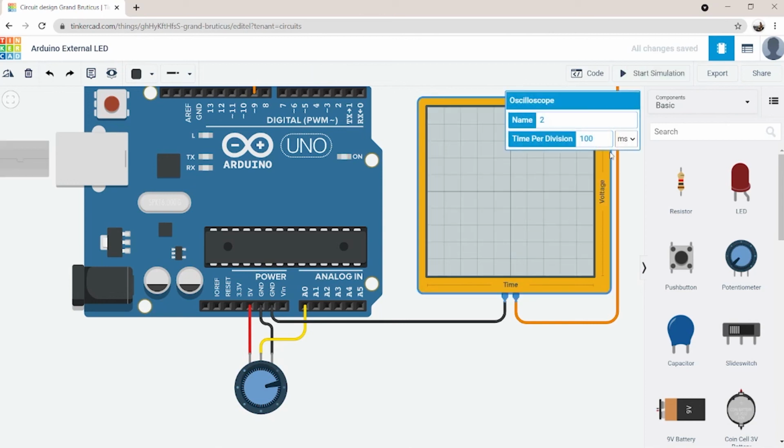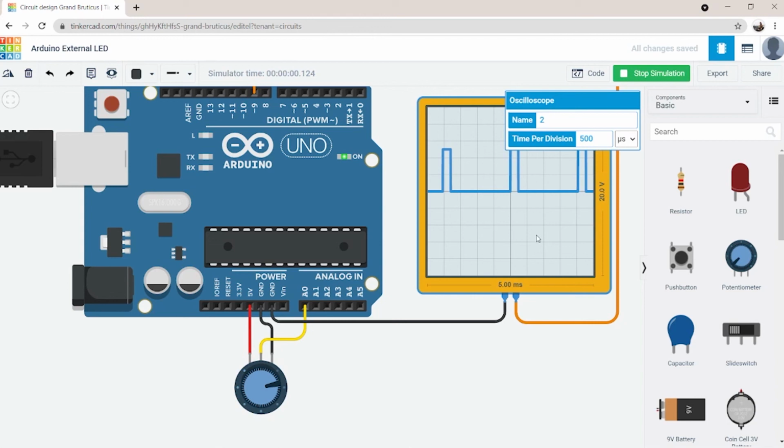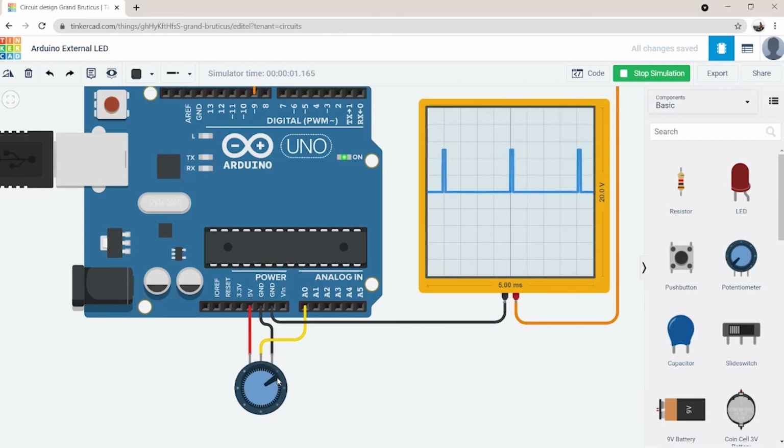Let me zoom in on the spikes by changing the frequency of the oscilloscope. You can see that by changing the potentiometer state, the time for which the signal is high changes. For a fraction of the period, the signal stays high, and in another fraction, the signal remains low. The time period of this signal is 20 milliseconds. Due to the fast fluctuation, the voltage averages out and it simulates the analog signal.